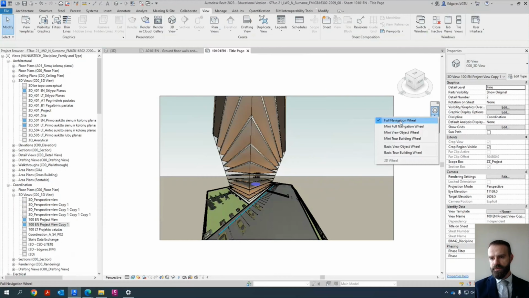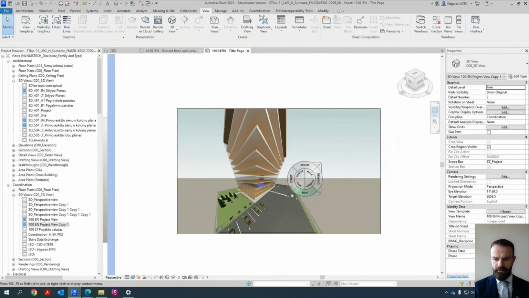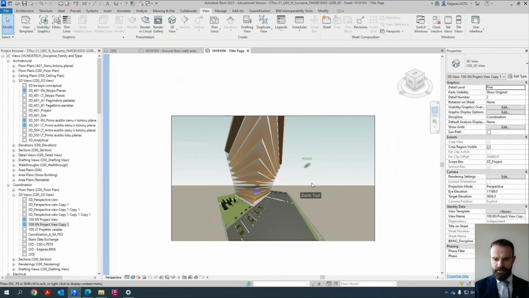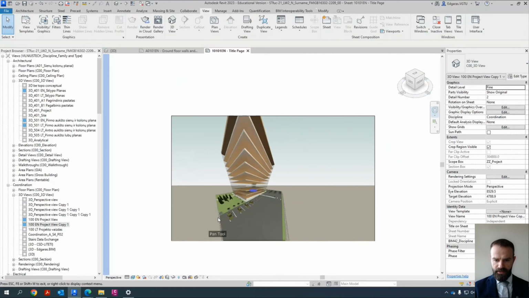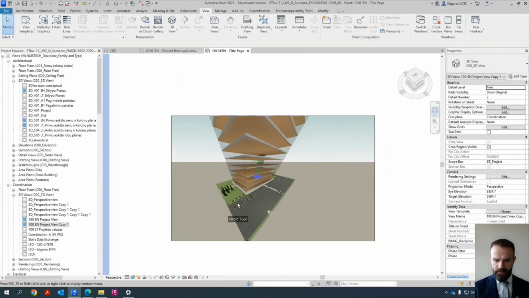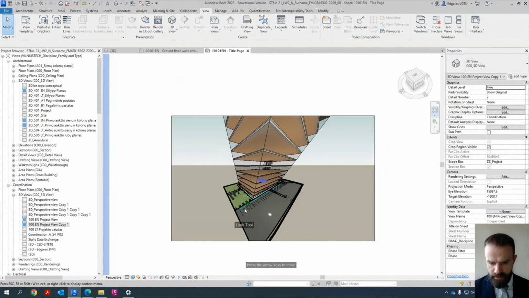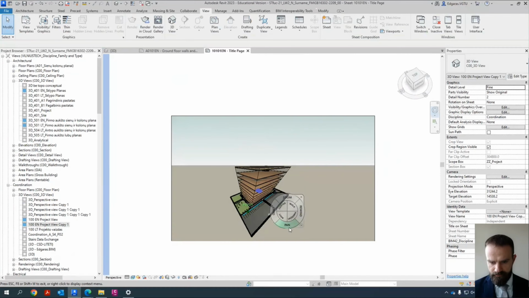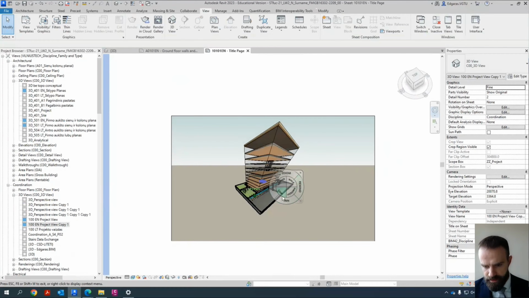So I will select the full navigation wheel, and the full navigation wheel should pop up, and it lets me organize the drawing. So I can zoom out. I can pan my building a little bit. I can use the orbit tool and can use look up and down like this one maybe. And in this case,